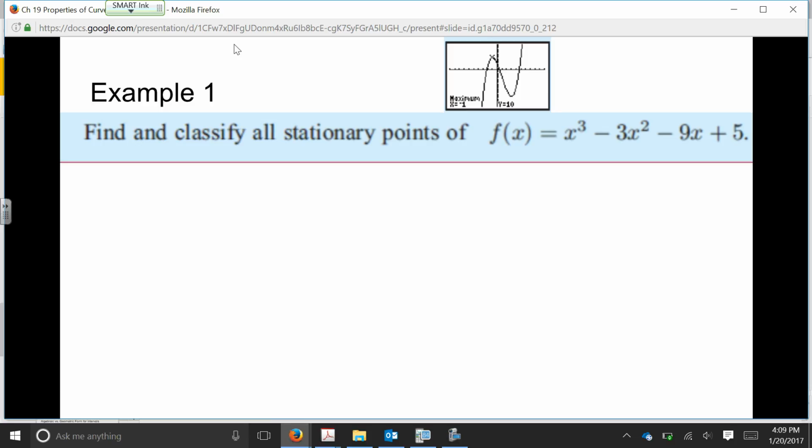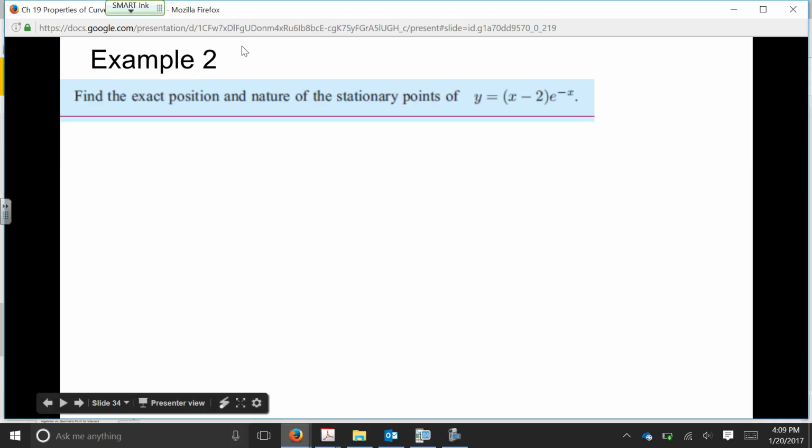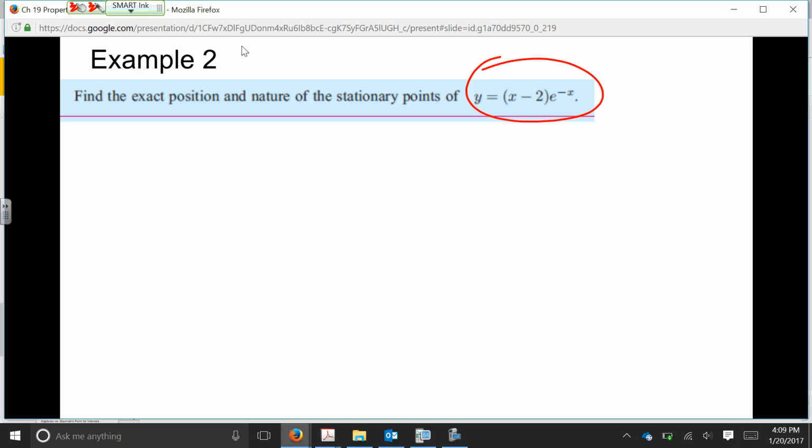And you can see it when you look at the graph of it. We see here we have a local max and a local min, and that's it. That cubic function is pretty easy to work with. When we look at this one here, a little bit more challenging. When we look at it, we see a couple things going on here. If we wanted to figure out where the position and the nature of these stationary points were, we need to